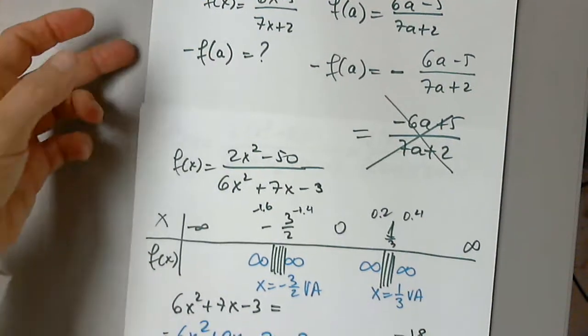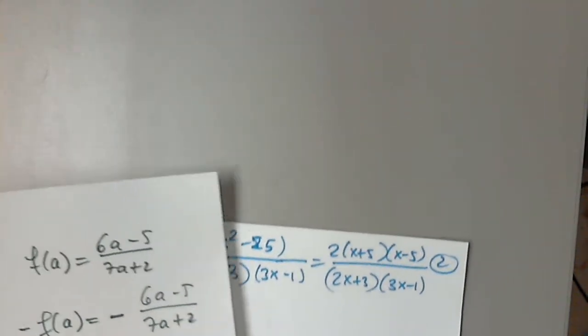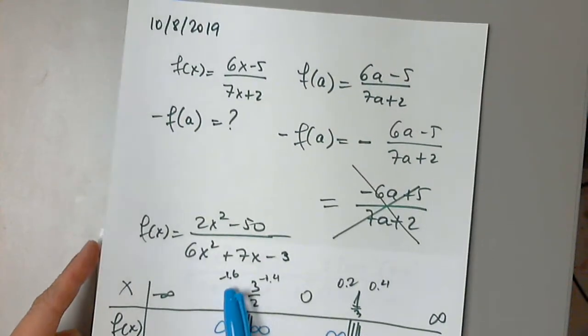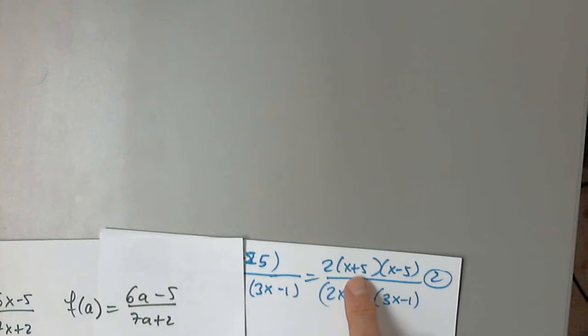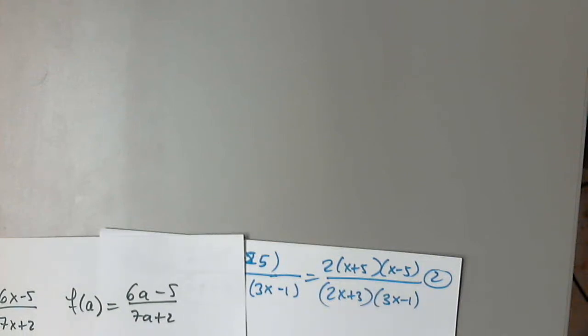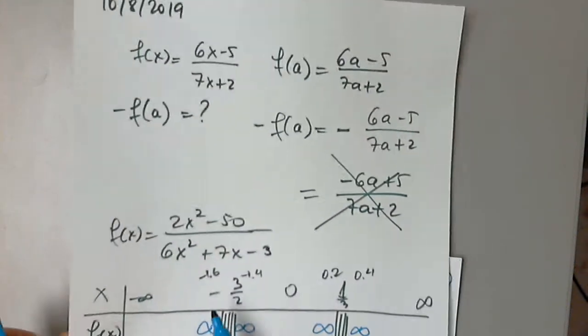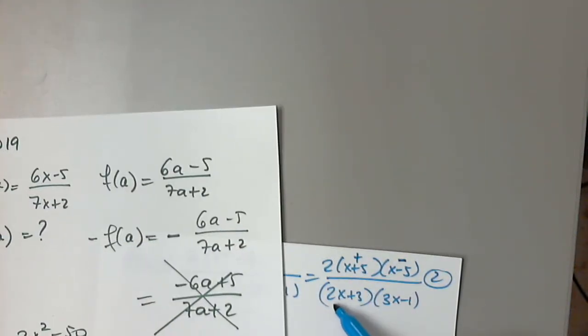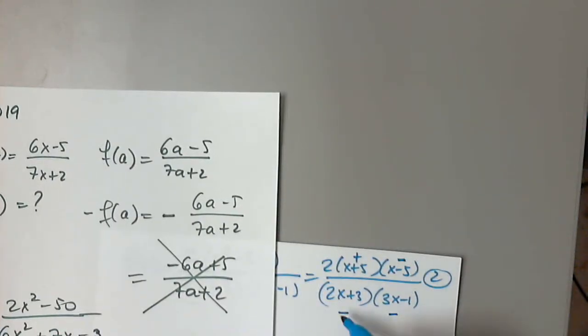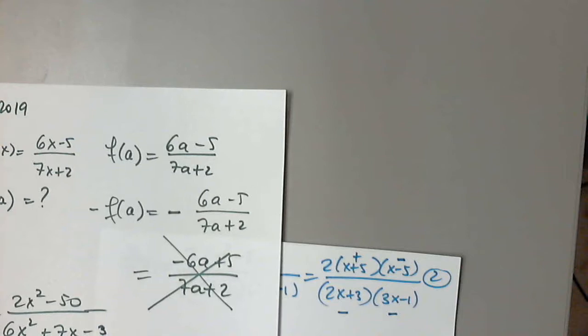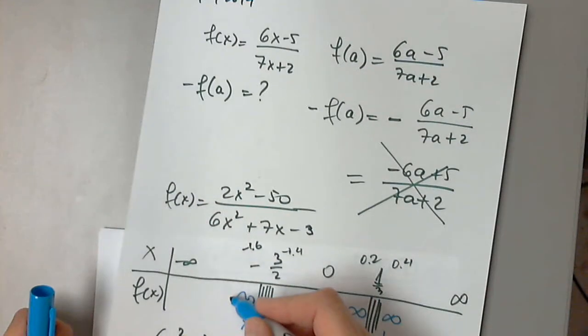Okay, so let's plug them in, and I prefer the factored form. So with negative 1.6 and negative 1.4, I hope you agree that this is positive, right? And this is negative. And with negative 1.6, this will be negative 3.2. So this will be negative. And with negative 1.6, this will be negative. So I see three negatives. The sign will be